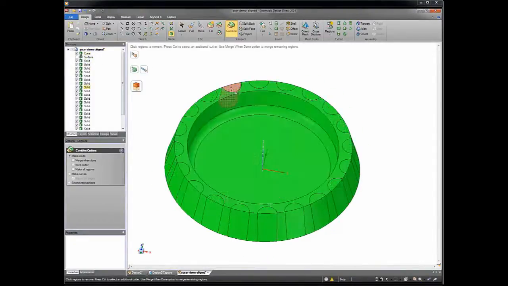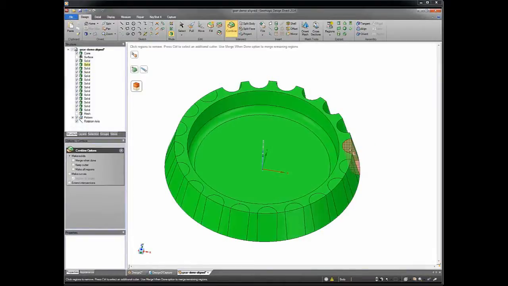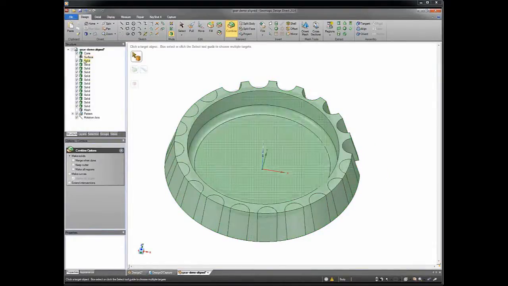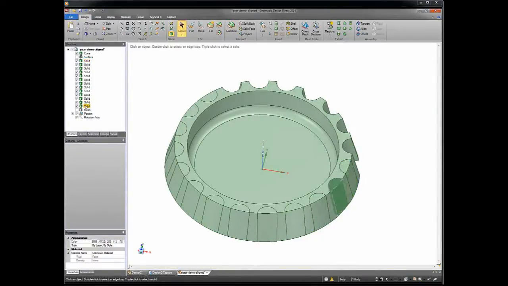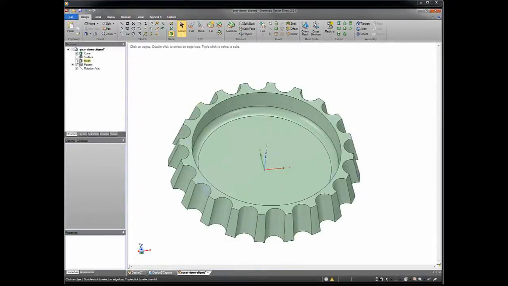And then one thing you could do is you could just walk around, and it's very graphical. You can just pick the pieces that you want to subtract. If you didn't want to do that, you could, of course, just come over here and multi-select these pieces in your tree and just delete them that way. So essentially now you have the makings of your gear, but there's one other thing that's very interesting,